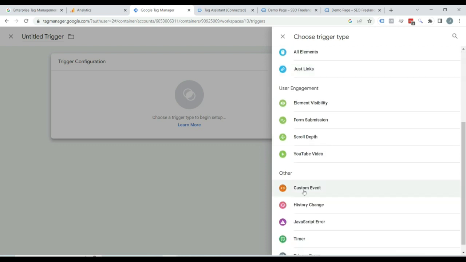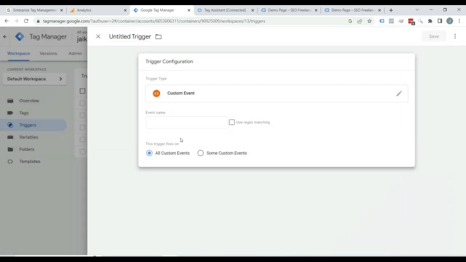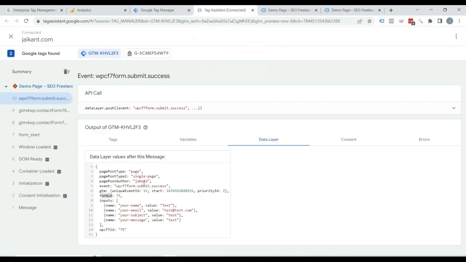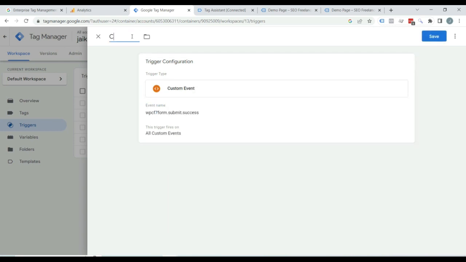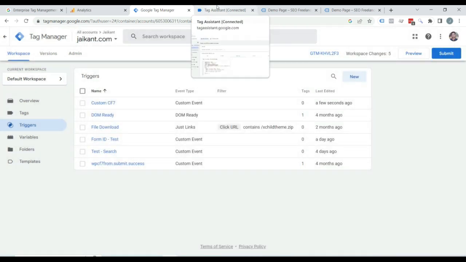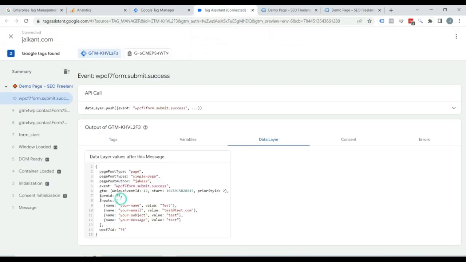Select the custom event and here copy this event name and paste it here. Name the trigger. I am naming custom GF7. You can name whatever you want and save. Since we want to use this form ID,